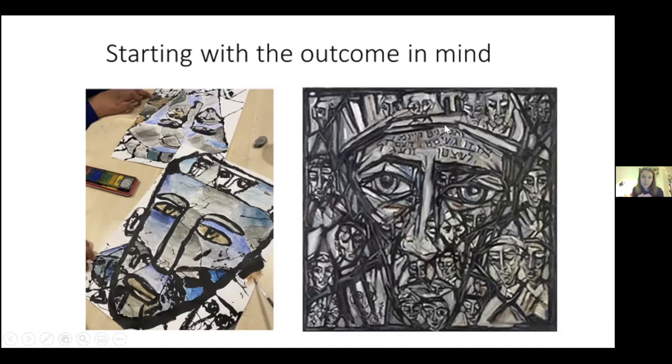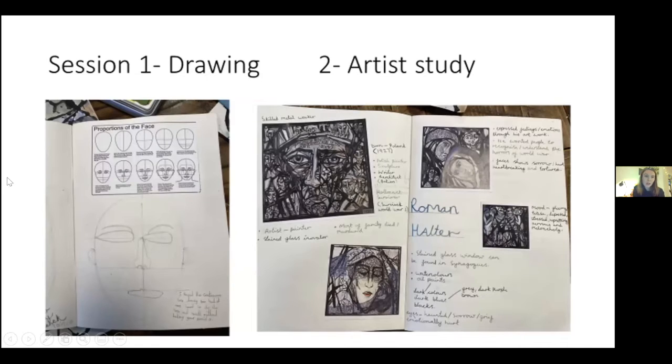When I was planning this, I had to think, okay, so this is going to be their outcome. It's going to be a watercolor project. What are the steps that are going to lead up to this point? So the starting point, first of all, they did some experimental drawing of faces. They just had to look at each other and use a continuous line to draw each other's faces without taking their pencil off the page. And that was just a really easy 5-minute starter.